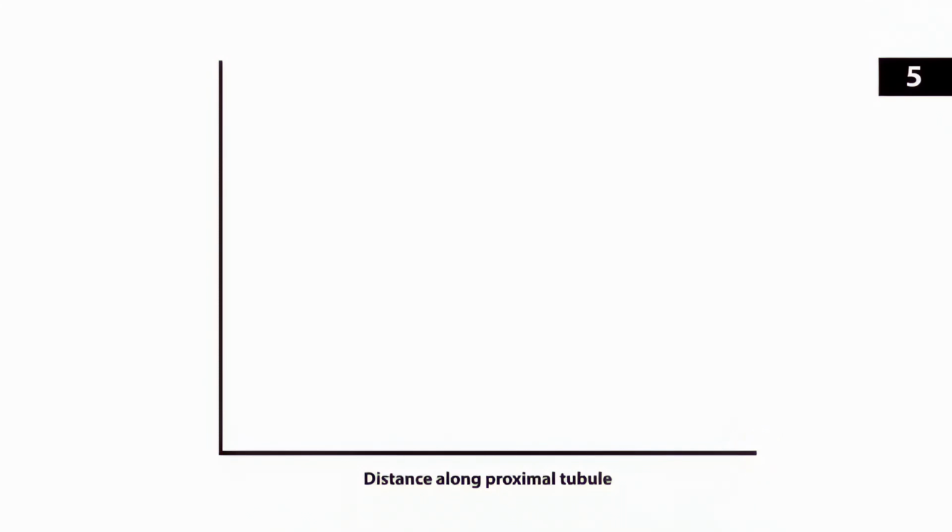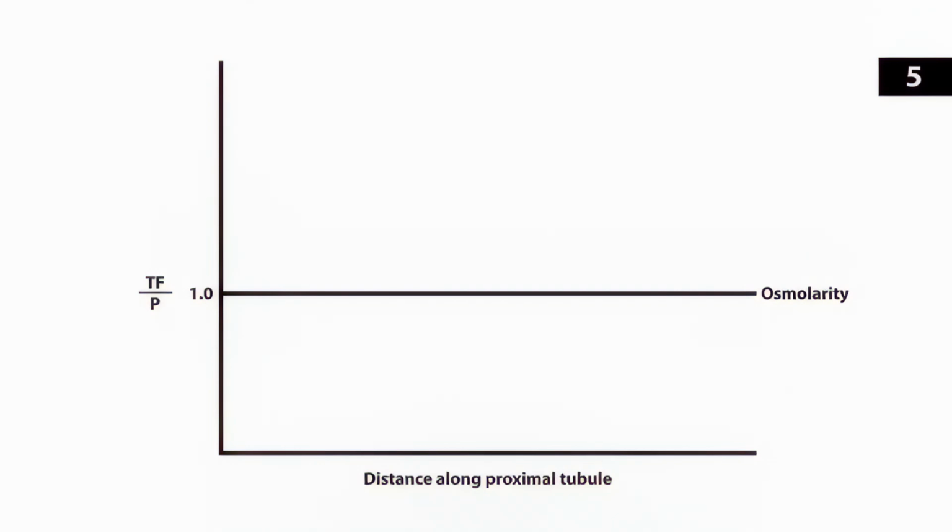The y-axis is the ratio of tubular fluid to plasma. So for any given solute you want to graph, the y-axis is the concentration of that solute within the tubular fluid in the lumen of the proximal tubule, divided by the concentration of that solute in the plasma. So if the concentration of the solute is the same in both the tubular fluid and the plasma, that ratio on the y-axis will be 1. In other words, the solute and water are reabsorbed at the same rate,